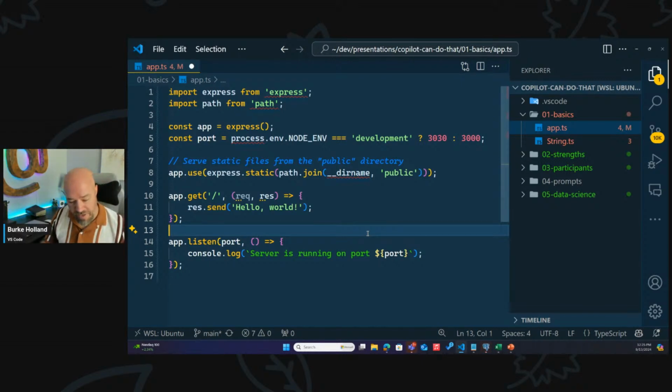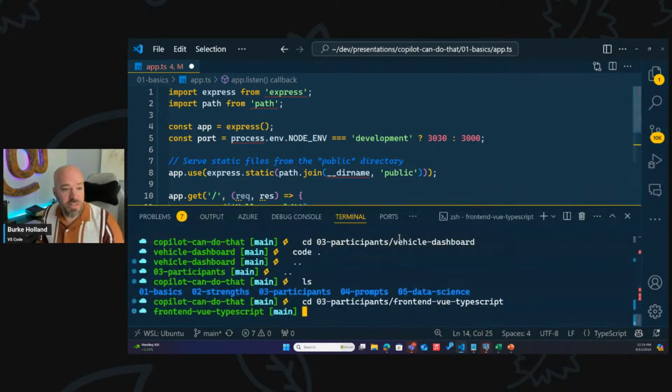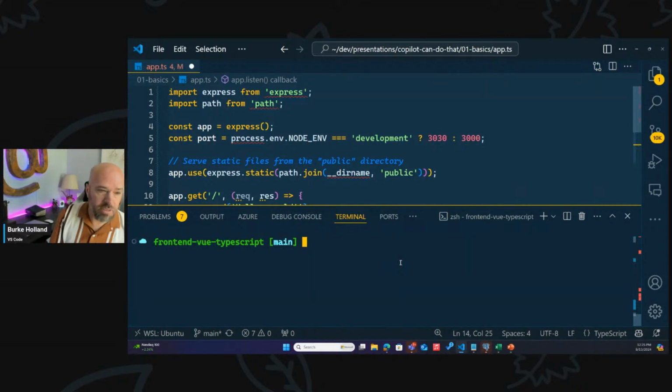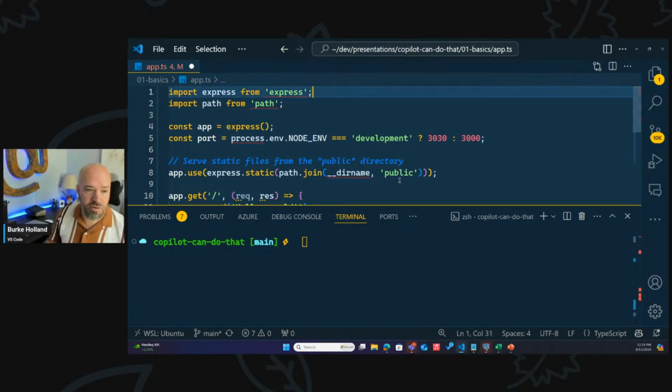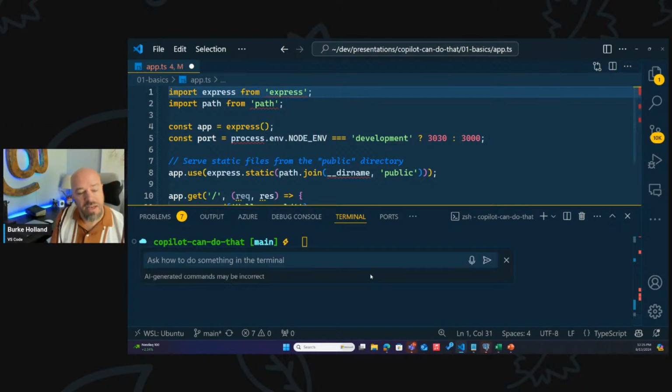Now, inline chat is available in the editor, but it's also available in the terminal. So let's get back to our main directory here. If I trigger this in the terminal, the triggering is Control-I, or Command-I here, right? And then we can ask how to do something in the terminal. Now, what's great about this is that we can ask how to do literally anything at all. So for instance, let's say we wanted to know,